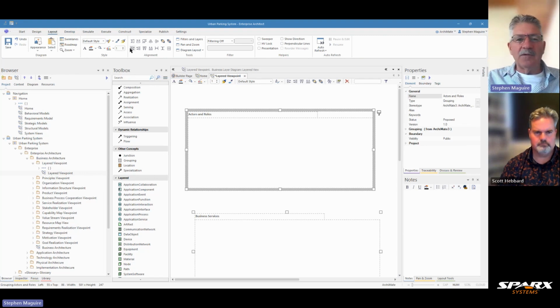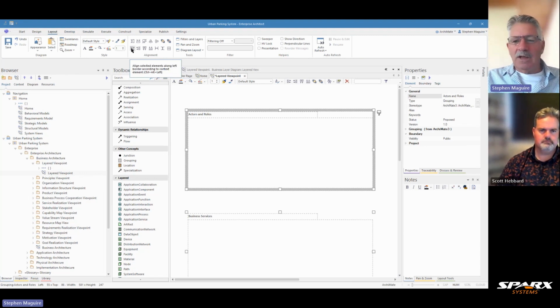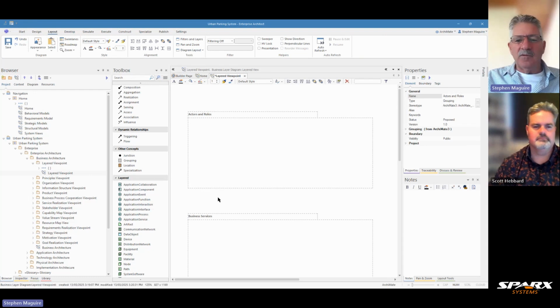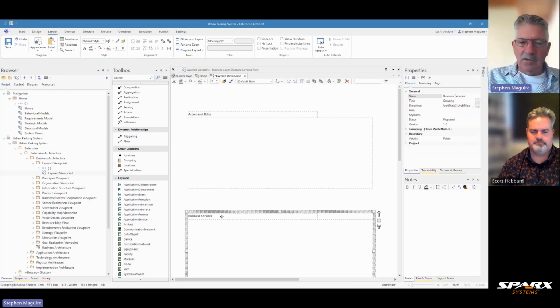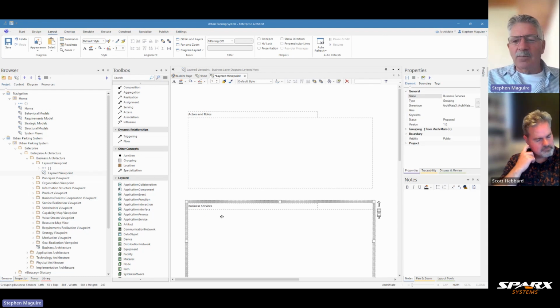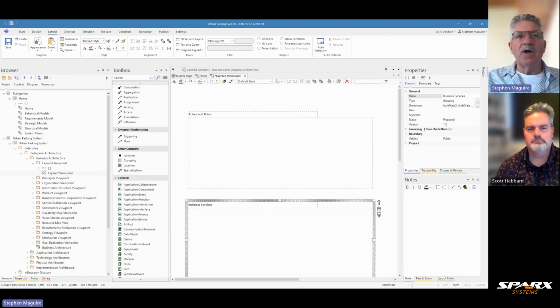I can also then left align them, and you can see how easy that is to do. It gives you that productivity of getting started with the diagram. We've got a number of other layers to put in, Scott, but let's just concentrate on these ones for a moment. Yep. So I already have some elements in the repository with respect to actors and